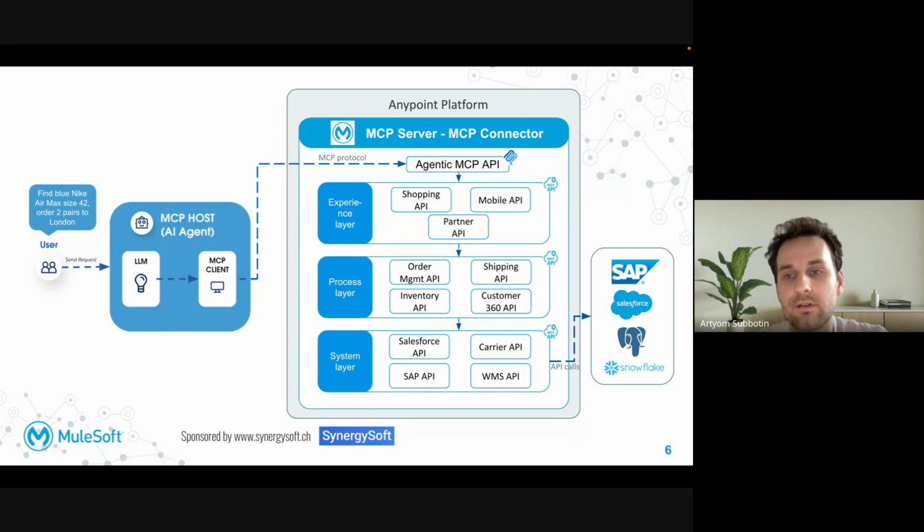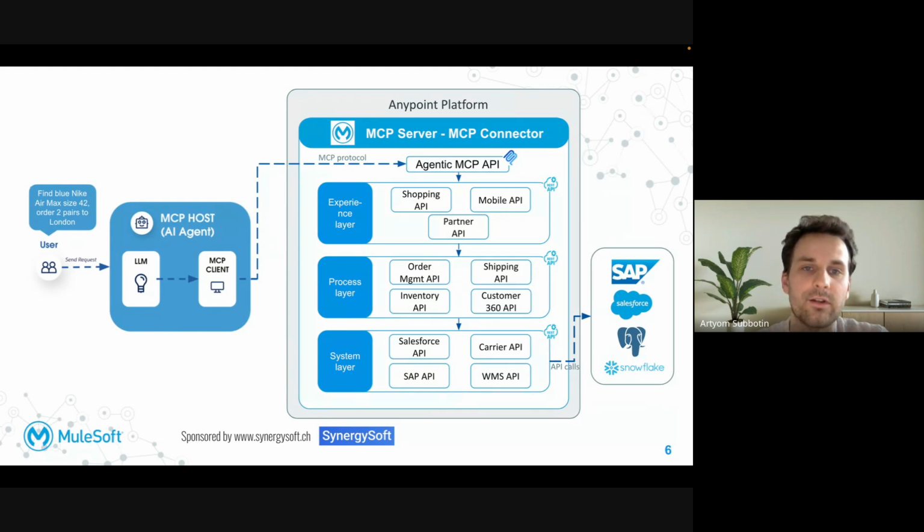It understands which actions should be performed and passes these actions to the MCP client embedded in the MCP host. The MCP client sends a structured tool call over the MCP protocol to the MuleSoft Anypoint platform. So we're at this point. The Anypoint platform in this particular case is not playing any special role.